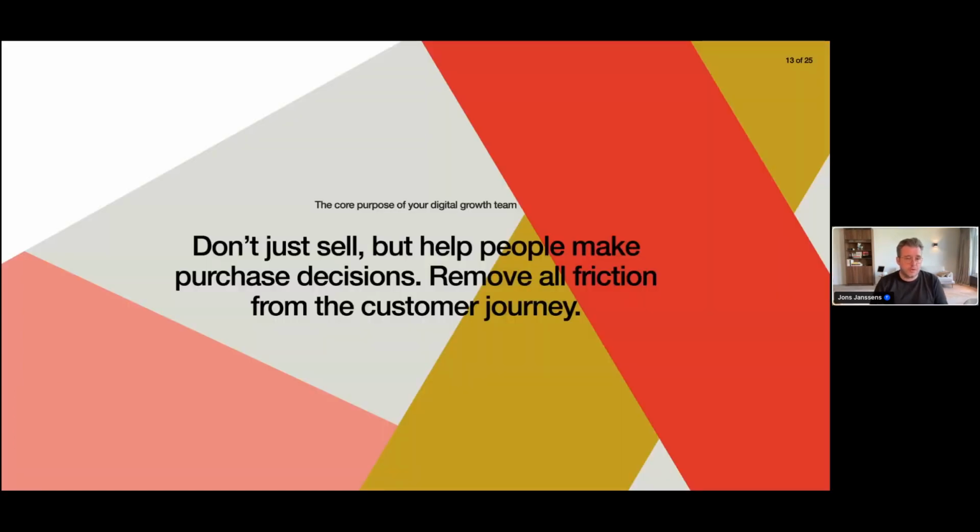And also to reiterate that, the core purpose of the digital growth team, and I'll show you a bit further what the digital growth team can look like. But I think this is a very good briefing to them, basically, right? So it's not just about selling, which is a bottom funnel tactic. It's basically about helping people make purchase decisions, and that's also where the content comes in, right? So if there are specific opportunities to explain things around your product, that is always going to be helpful for